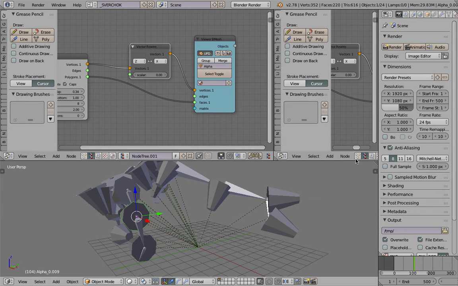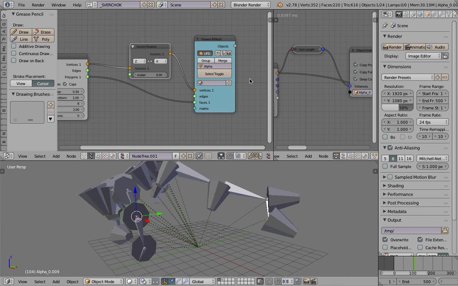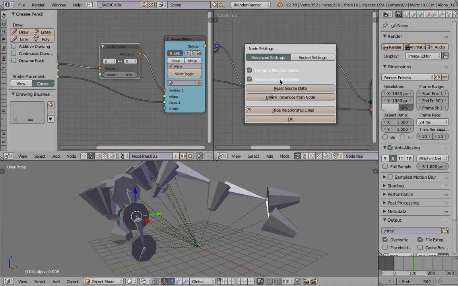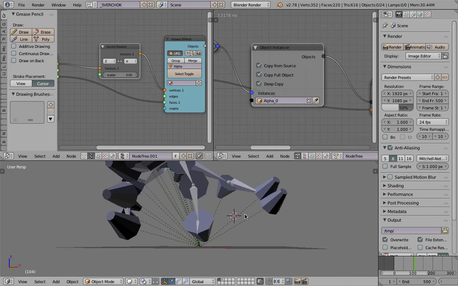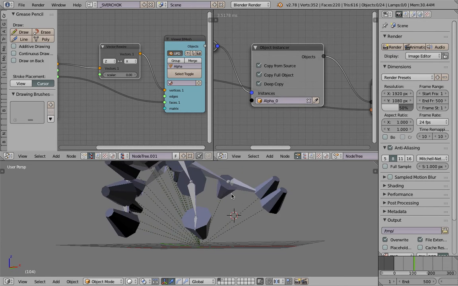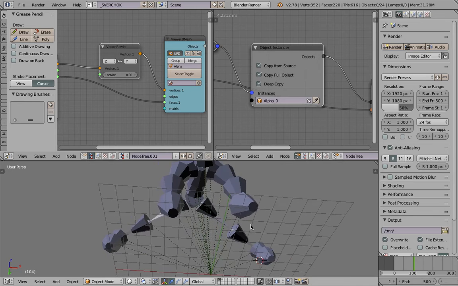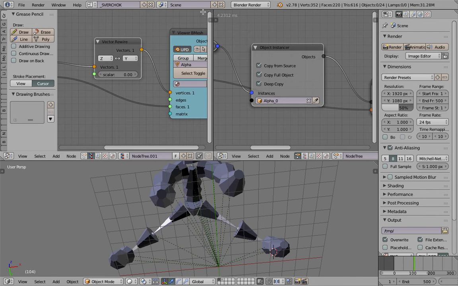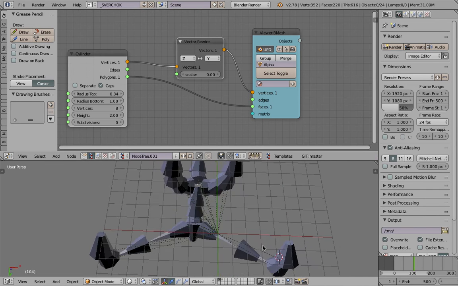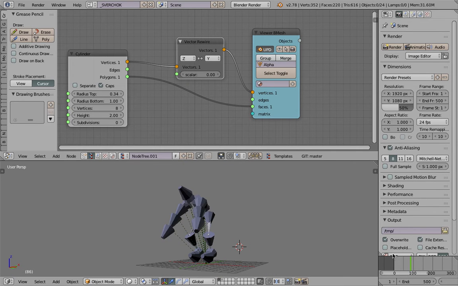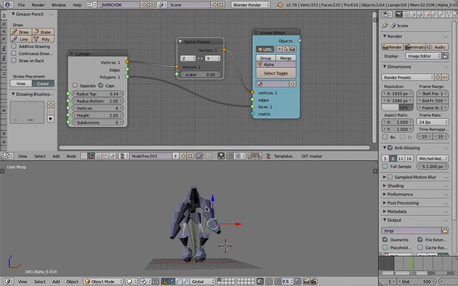And I go back to Animation Nodes and reset this instance object. Tap U, reset source data. Okay, it's still wrong. That seems to be better. Apparently Z to Y is correct. So now the bone is more like a bone. Now we have really cool kind of animations there. And each of the instances, like I said,